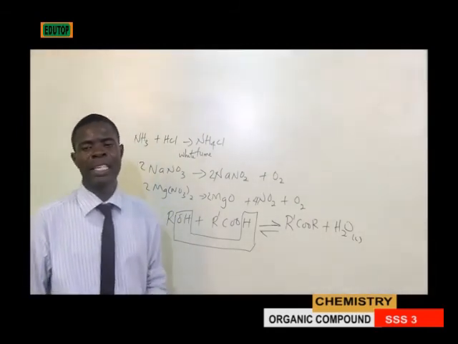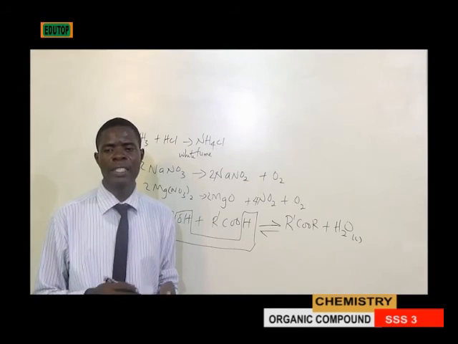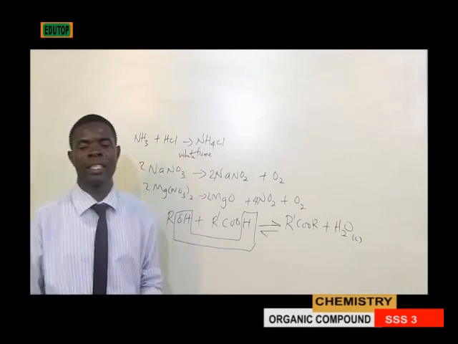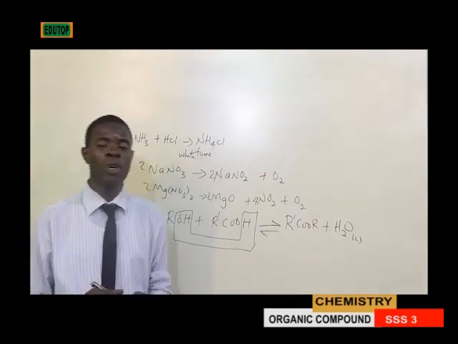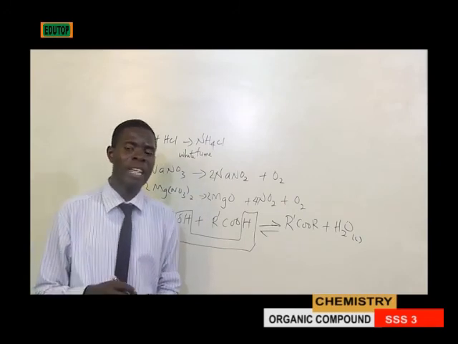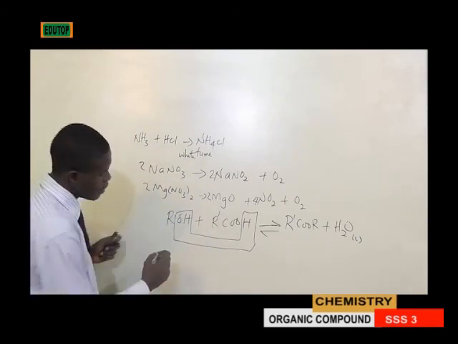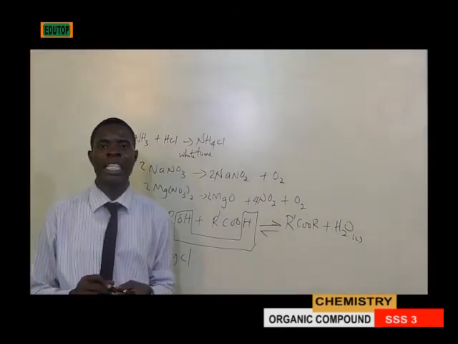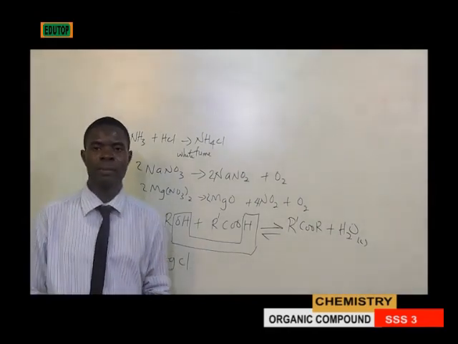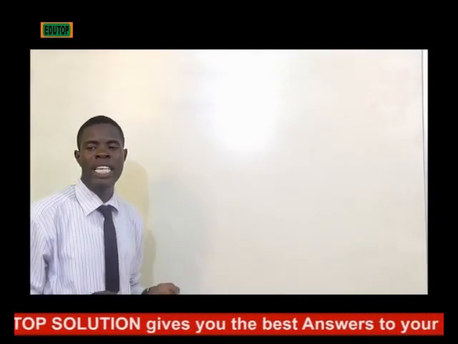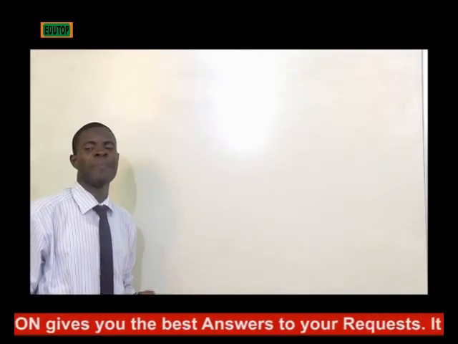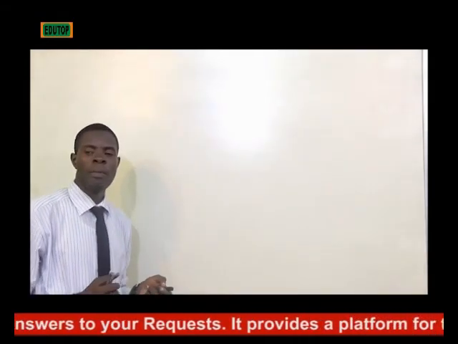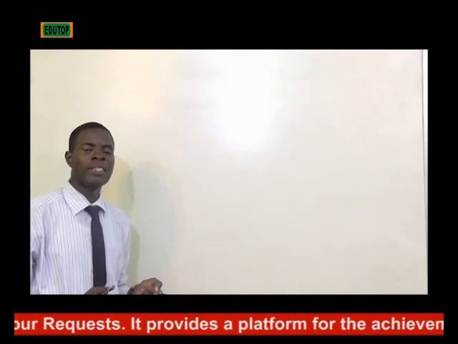Question number 3. Which of the silver halides is readily soluble in ammonium hydroxide? The only silver halide that is soluble in ammonium hydroxide, which is a very unique property, is silver chloride. So the answer to question number 3 is silver chloride. Question number 4. Which of the following gases will bleach moist litmus paper? The only gas that has the ability to bleach moist litmus paper is a gas that